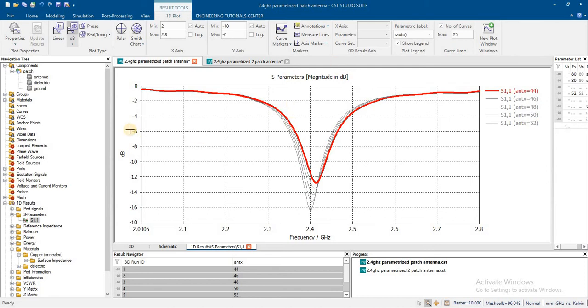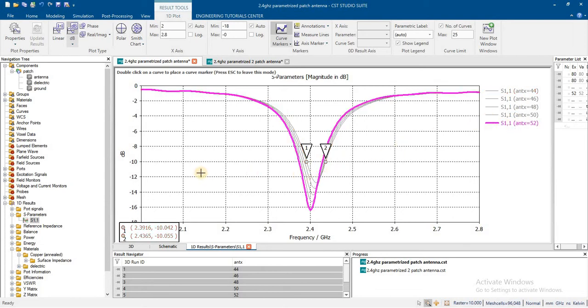Let me compare the bandwidth of these two. If I mark at -10, now you can see that the band of antenna at x 52 has a larger bandwidth.